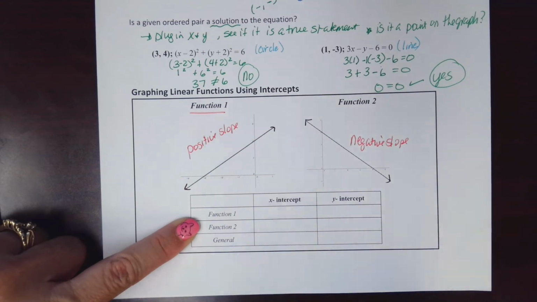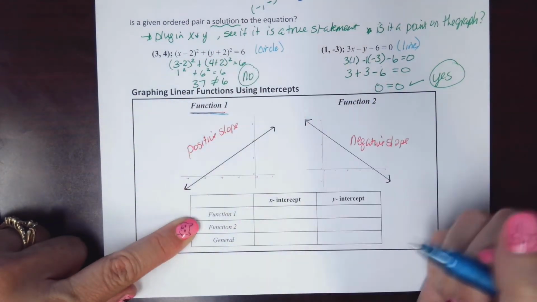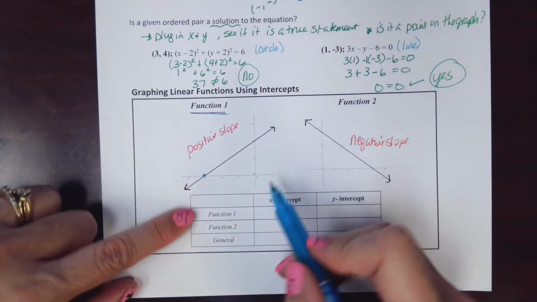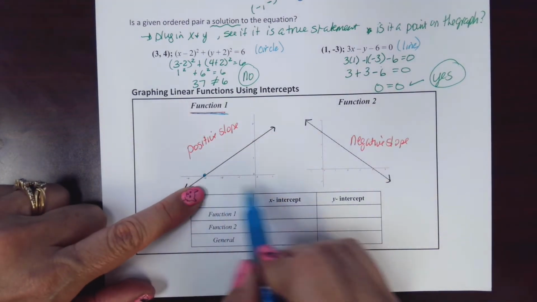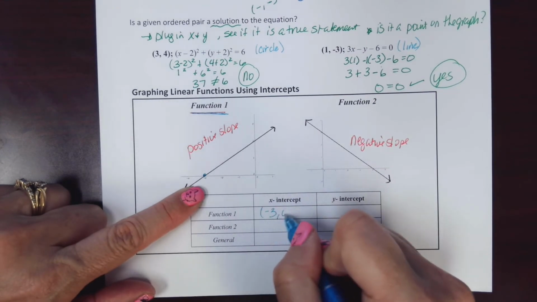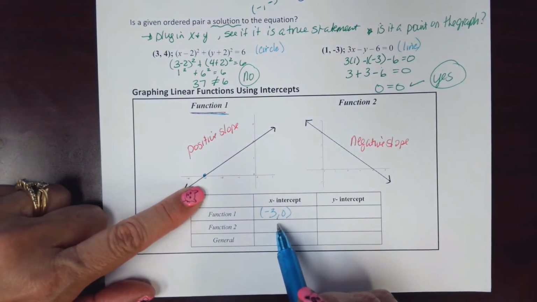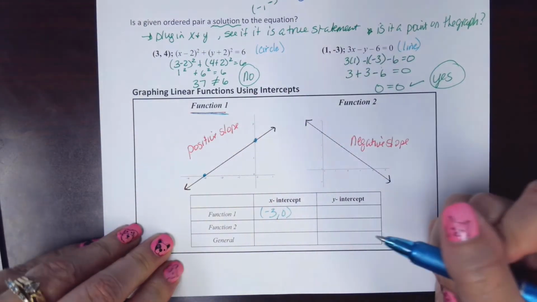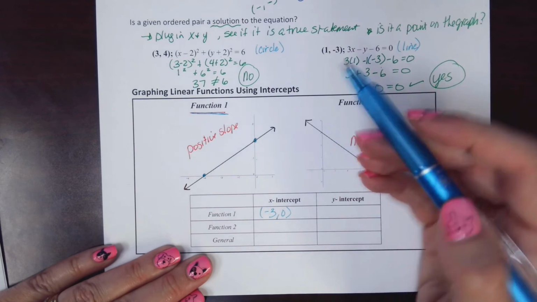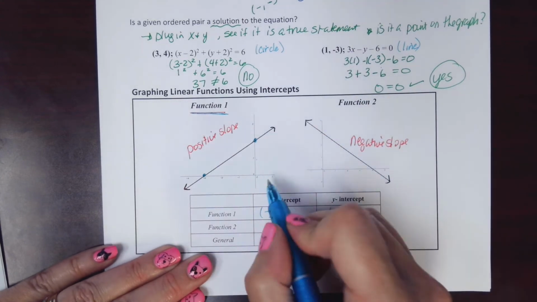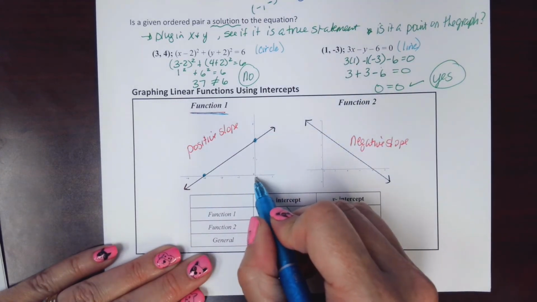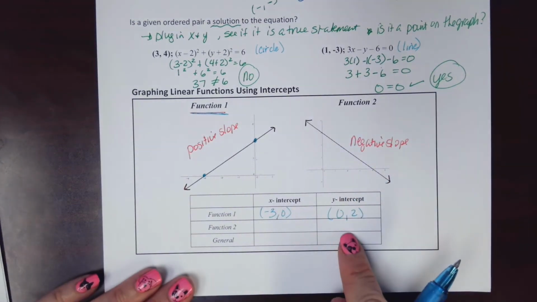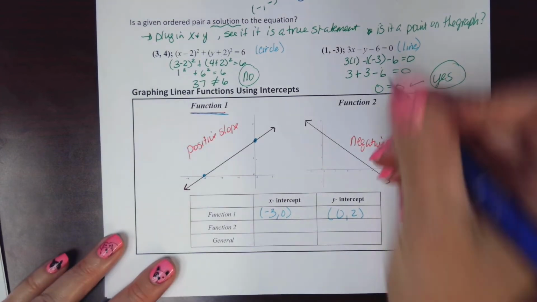Let's kind of color code this some. For function 1, my x-intercept is where I hit the x-axis. That is right here at negative 3. So x is negative 3, y is 0. That's the location of my x-intercept. My y-intercept is where I intercept or hit the y-axis. That's up at 1, 2. So I haven't moved left or right from center, so I've gone 0 and then up 2. That's my y-intercept. And then when we look at function 2,